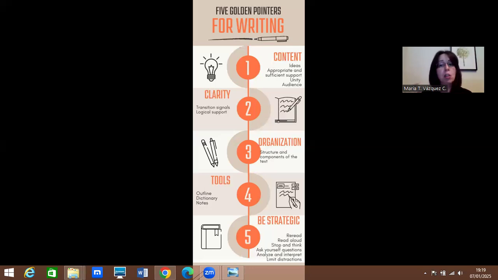Each of the paragraphs should have a topic sentence, supporting ideas with details, and a concluding sentence that could also serve as a transition to the next paragraph. And at the end, you have to include a concluding paragraph to summarize the ideas and to finish that essay. And the same should be done with other kinds of texts.